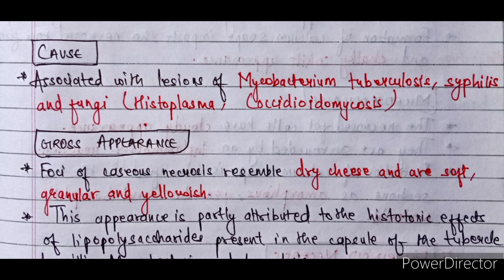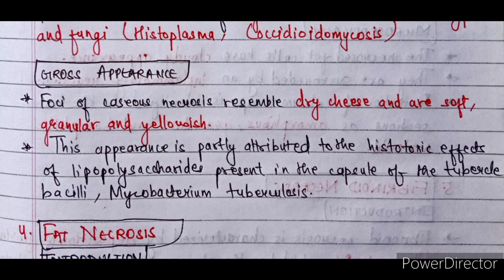So the cause of caseous necrosis is associated with lesions of Mycobacterium tuberculosis, syphilis and fungi, that is histoplasma and coccidioidomycosis. Now let's see its gross appearance. The foci of caseous necrosis resemble dry cheese and are soft, granular and yellowish. This appearance is partly attributed to the histotoxic effects of lipopolysaccharides present in the capsule of the tubercle bacilli